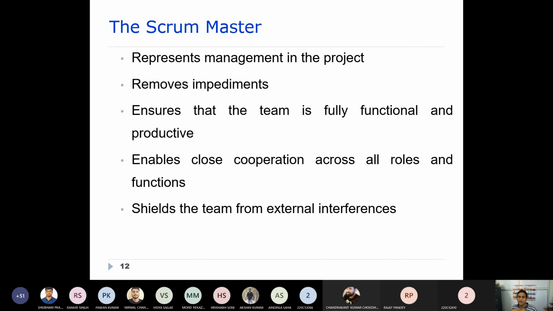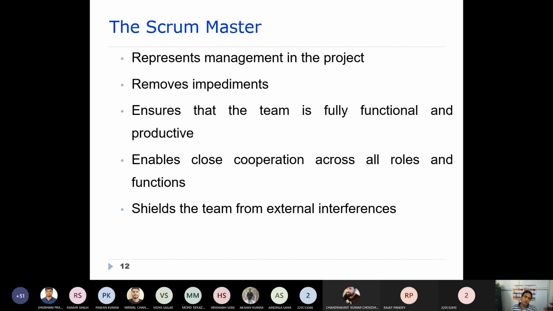He is going to take all the responsibility for whatever problems or impediments occur while developing the project. The scrum master tries to resolve all these impediments and ensures that the team is fully functional and productive.